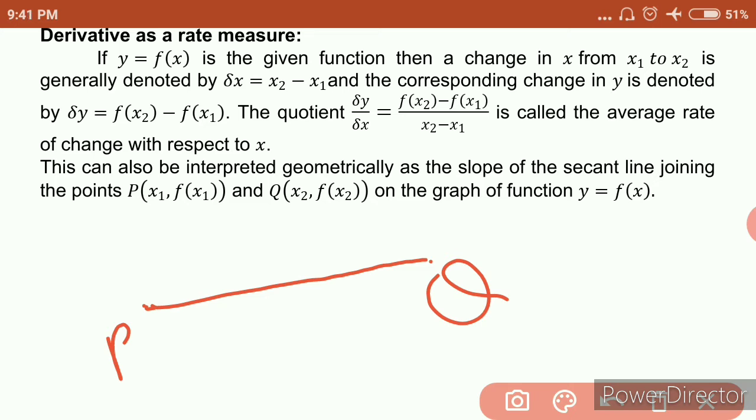we know the coordinates of point p as here it is x1, f of x1, and point q is x2, f of x2. So we can find here the slope of this line pq, and it is given by f of x2 minus f of x1 divided by x2 minus x1, and so it is the slope of the secant. It is the slope of the secant joining the 2 points p and q here. Okay. Now